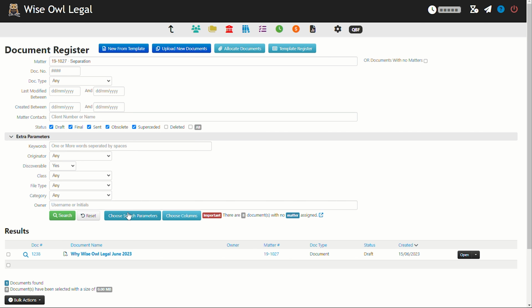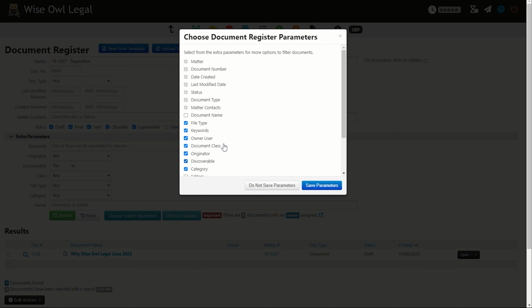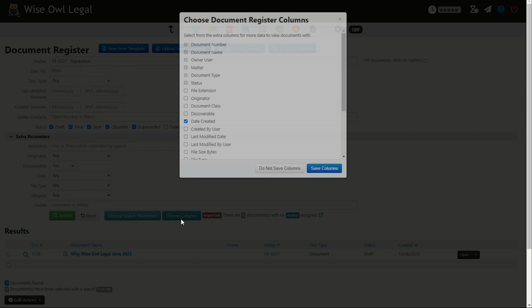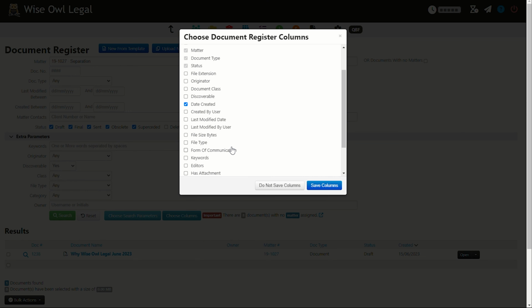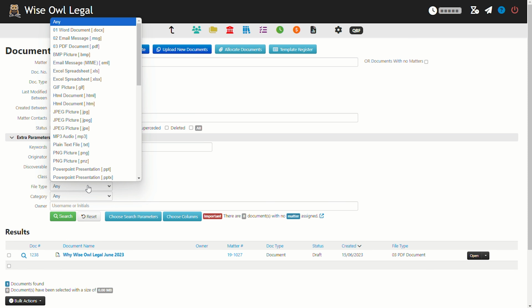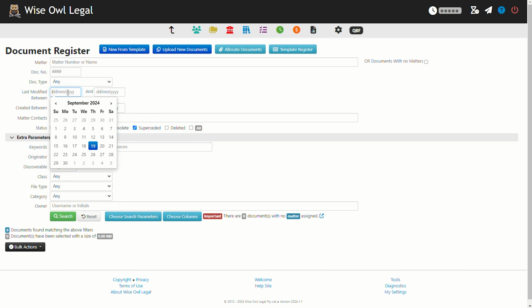You can choose what columns you want to see. You can choose what parameters you want to search by. So there's search parameters, and there are your columns. One of the columns I like a lot is the file type, which is this one here. And I also use that extensively in searching, to the point that I number them 01, 02, 03 because I use that so much. So if I reset, I can go T for today to T for today,